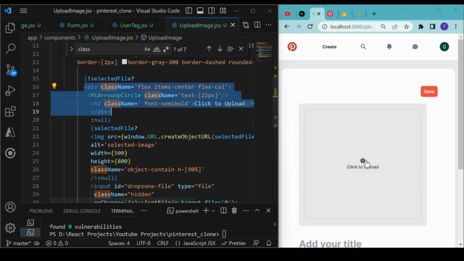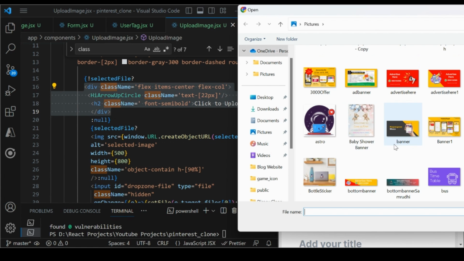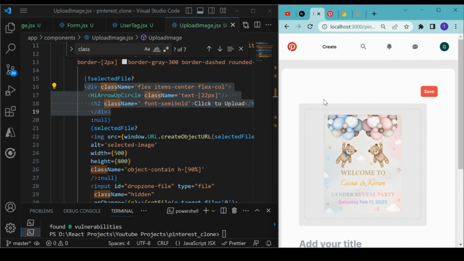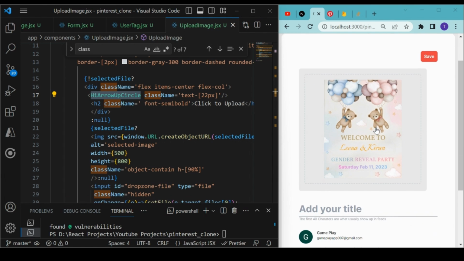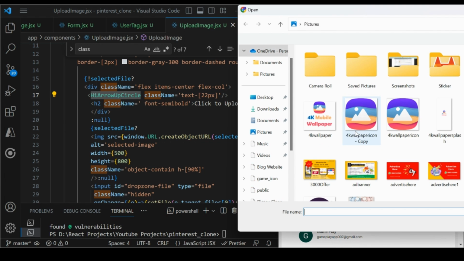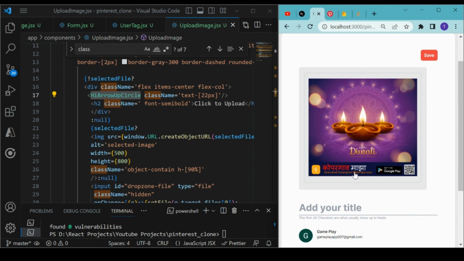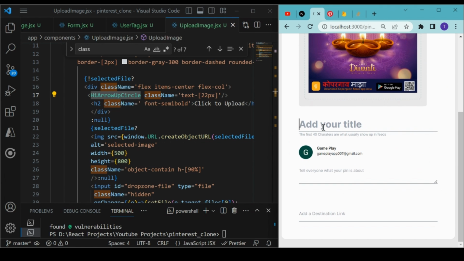Okay, let's test it out. If I click on this particular one, and I open any of these banners, for example this banner, you see it's displaying on the screen. Along with that, we are also hiding this click to upload and this upload icon as well. Perfect, so this is how it works, and we are also showing the preview of the image. If you click again, it will select some other image. For example, if you select this one, you will see the image. And then we will